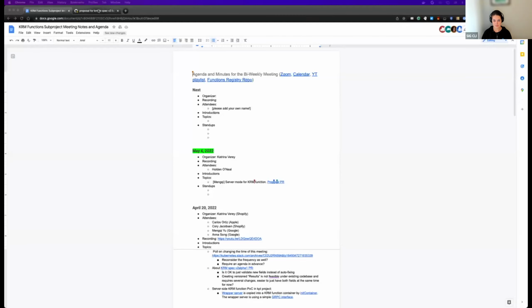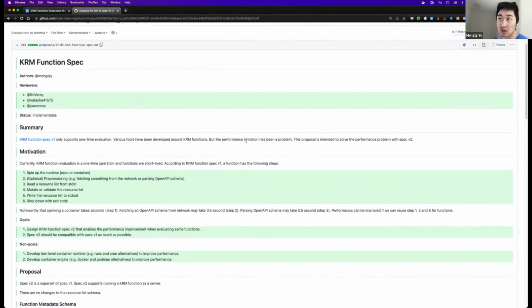So this one. Okay. So this one is a proposal about adding something new into the KRM function spec to support running it as a server. So the motivation here is that